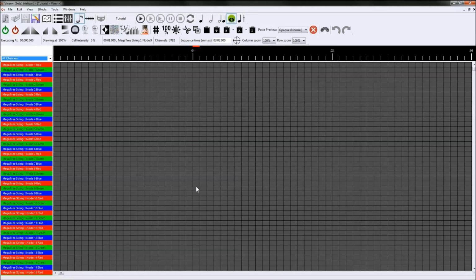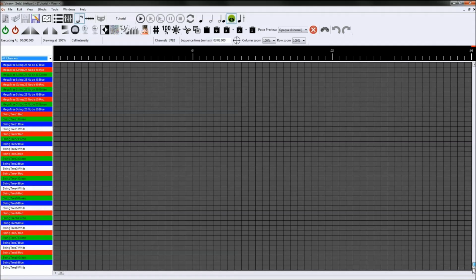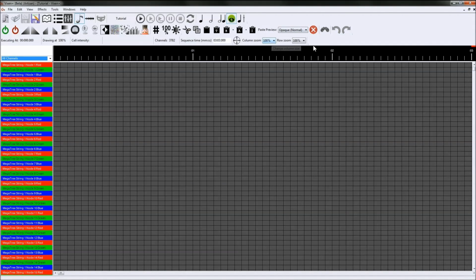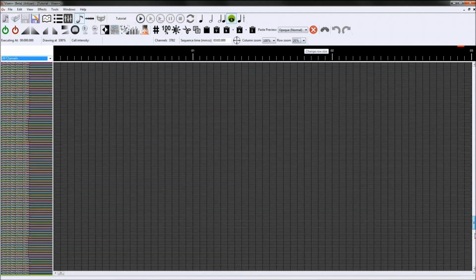So now that we have a sequence on here, we've got all of our channels in here. We've got this area of the screen across here that doesn't do much except tell us some timing marks. We've got all of our channels down the side here. If we scroll down, we can see we've got 3,782 channels on there, which is a lot of channels. And even if we zoom each of the rows down to about 20% size, we still have a lot of